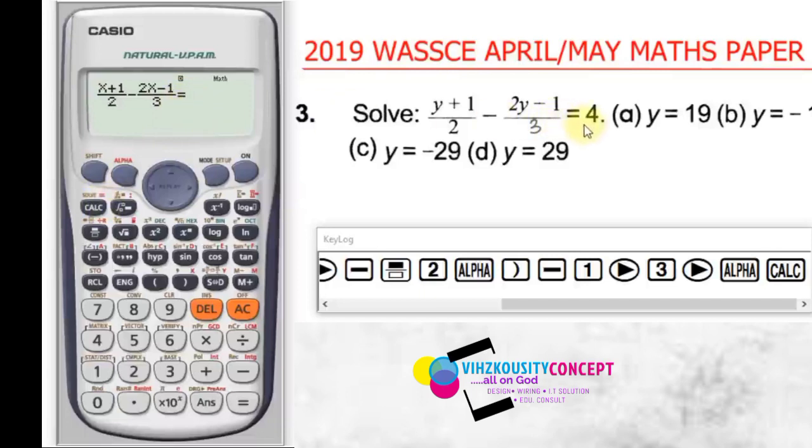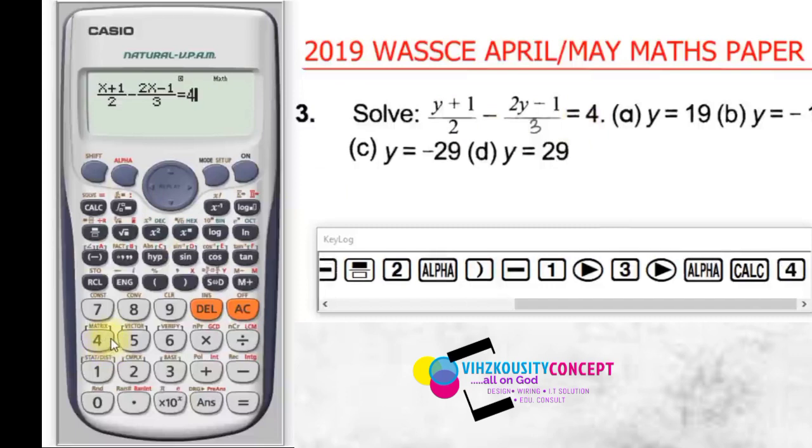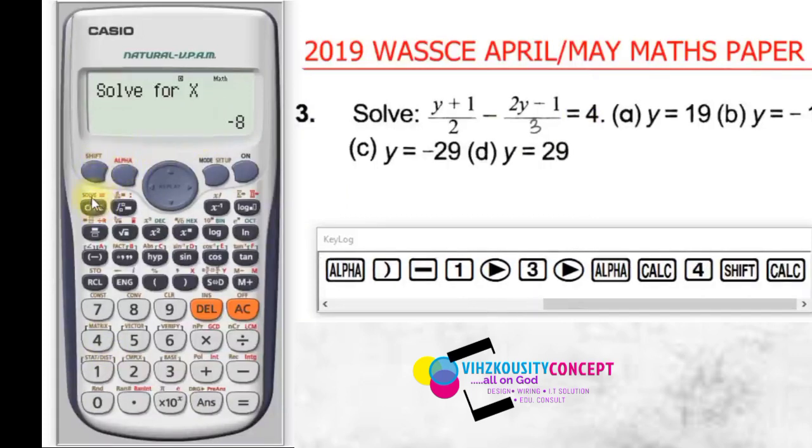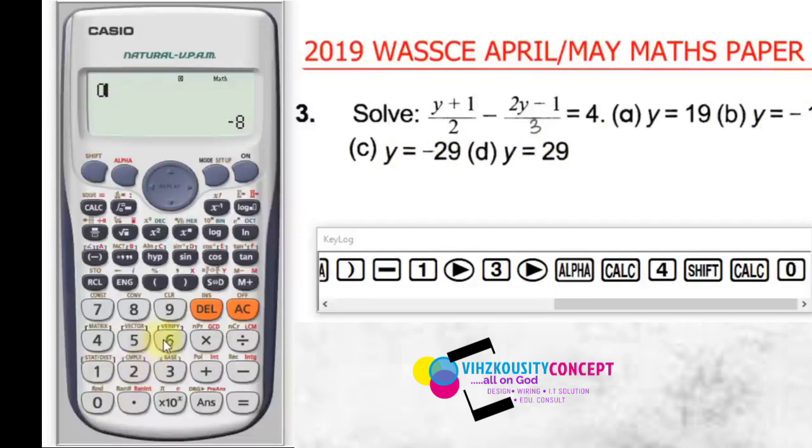I want to say it is equal to 4, so I press 4, and I need to check, do I get everything correctly? If that's the case, I can now solve for x, and to solve for x, I press shift calc, which is equating that I'm trying to evaluate the solution, I'm solving for x. The initial value, I don't want it to be minus 8, I want it to be 0, because here I'm having negative 29, positive 29 as the minimum and the maximum values. I want to start from 0, so you can either go to the positive or the negative